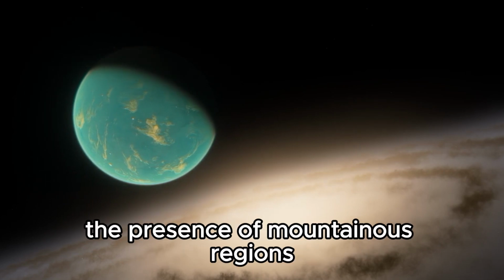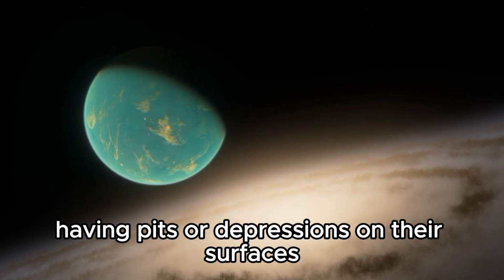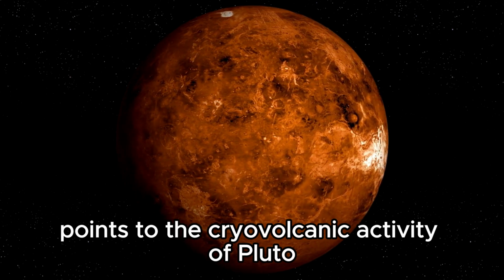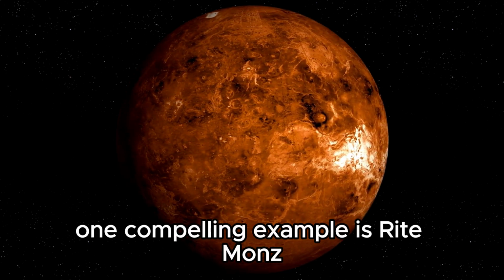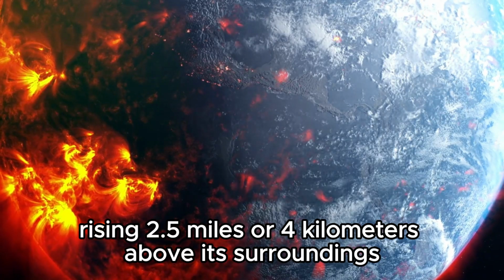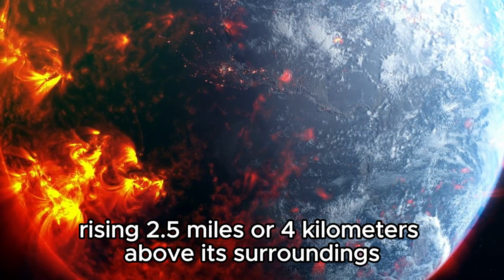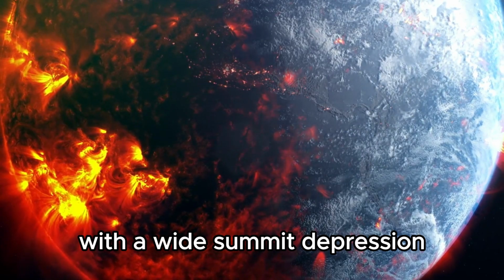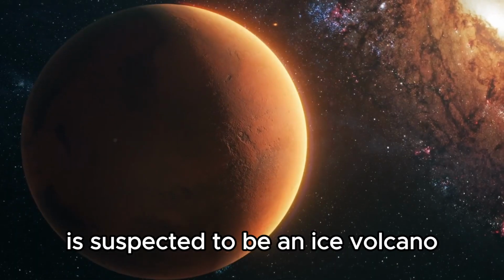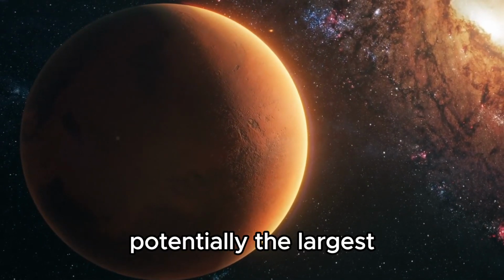The presence of mountainous regions having pits or depressions on their surfaces points to the cryovolcanic activity of Pluto. One compelling example is Wright Mons, a mountain in Pluto's southern hemisphere, rising 2.5 miles or 4 kilometers above its surroundings with a wide summit depression. This feature, seen in close-up images, is suspected to be an ice volcano, potentially the largest of its kind in